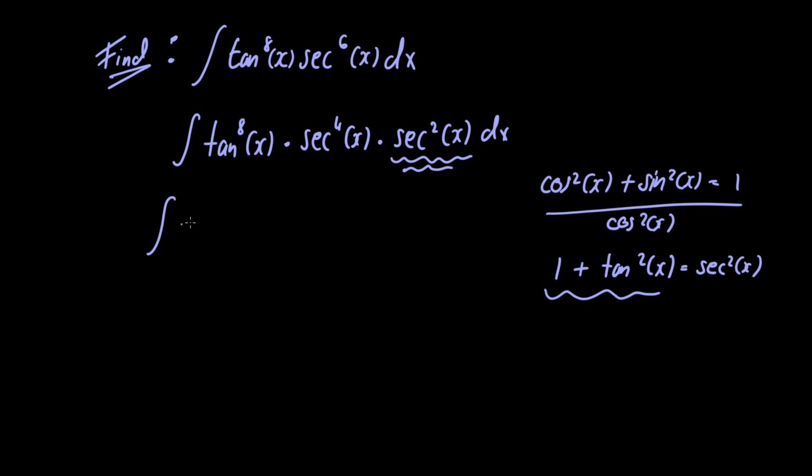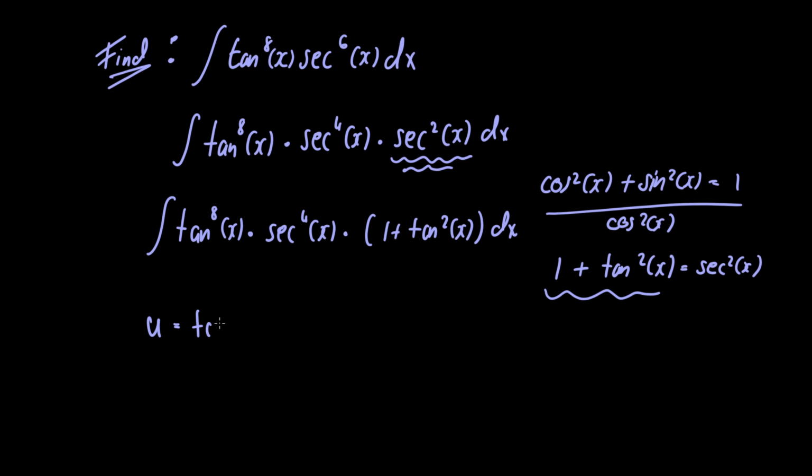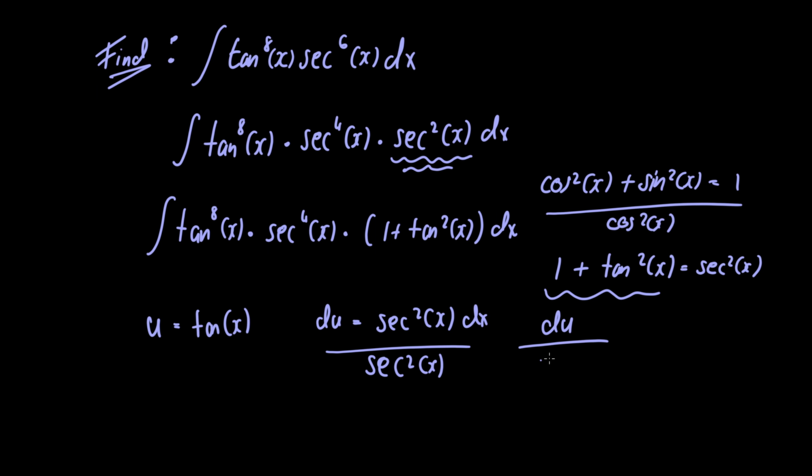So we're going to have the integral of tangent of x raised to the 8th power multiplied by secant of x to the 4th power multiplied by 1 plus tangent squared of x. Now let's go ahead and let u be equal to tangent of x. If we differentiate both sides of this equation, we have du is equal to secant squared of x dx. Dividing through by secant squared of x, we have du divided by secant squared of x